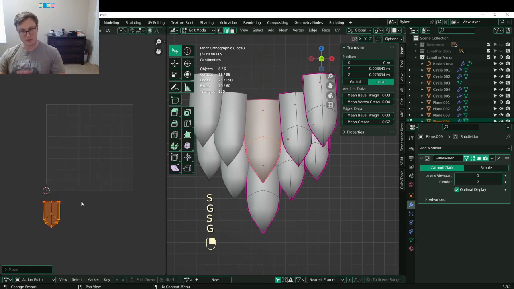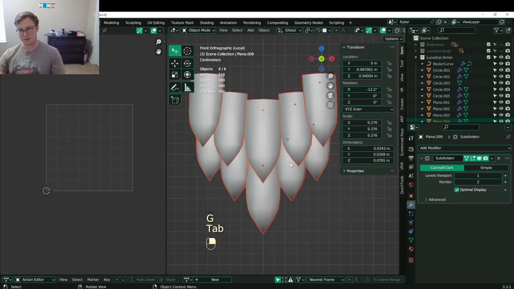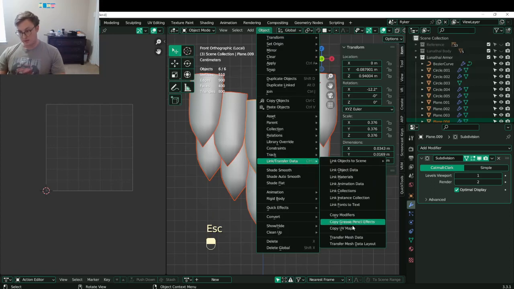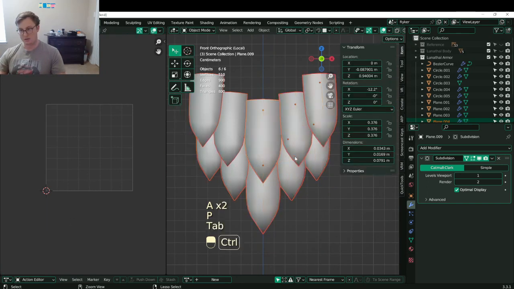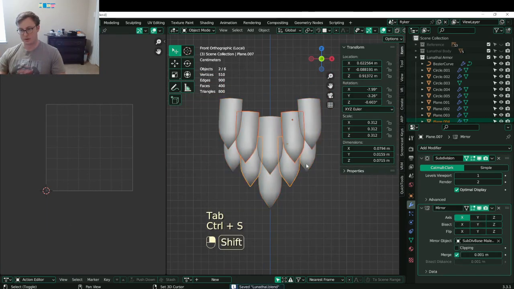All right, we'll put it down here. Select the rest, Q, link, UV maps, tab A, pin. Perfect. Now, it's a little difficult because of the mirror,